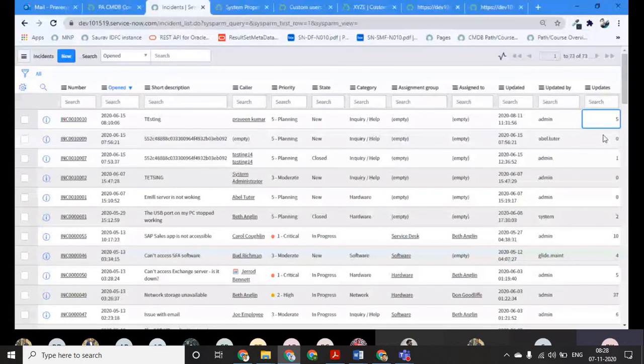But using GlideAggregate you can add all the values of this updates field just one time, and it will be performed at the database level, not at the application level, not at the coding level. So basically how to do it,